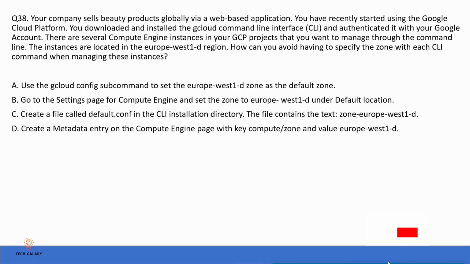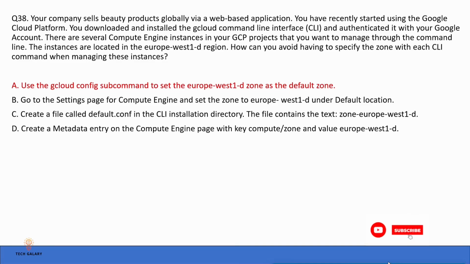These are the options available, and the correct answer is option A. Use the gcloud config subcommand to set the Europe West 1-D zone as the default zone. Now let's take a look at each of these options. Let's take a look at option A. Use the gcloud config subcommand to set the Europe West 1-D zone as the default zone. This option is correct because here setting the default zone will enable gcloud to use the same zone for all